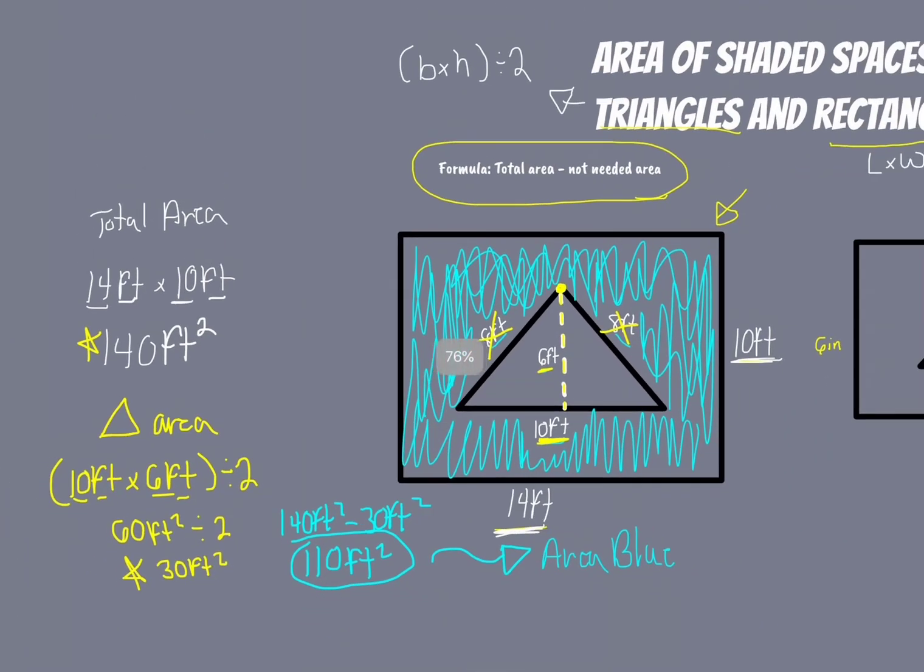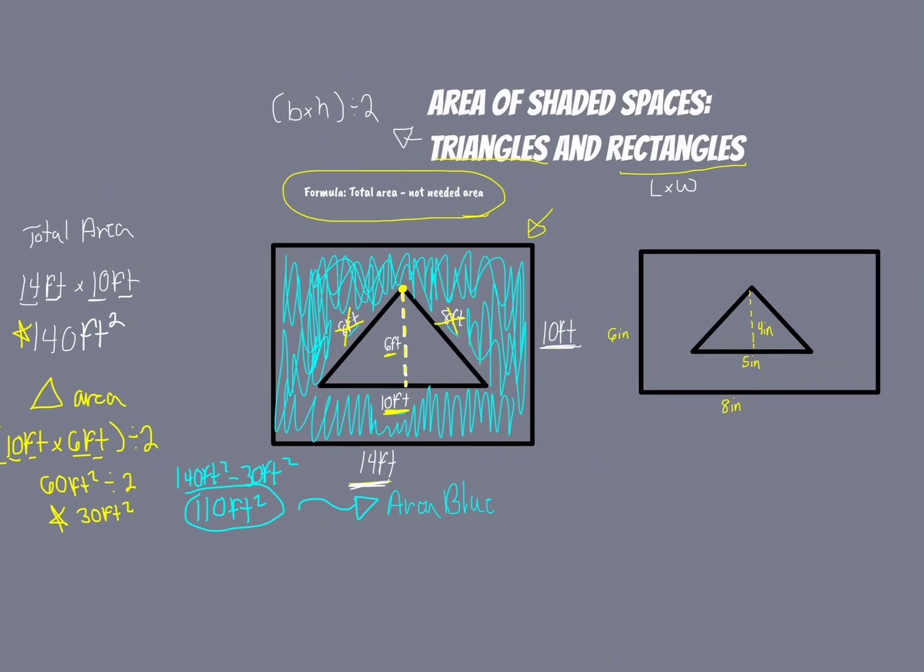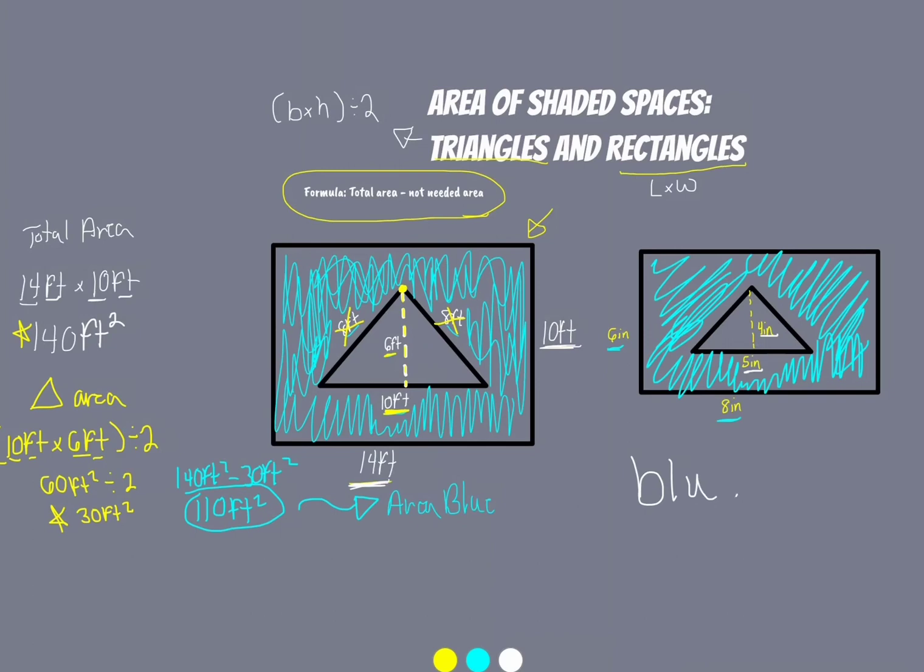So what you are going to do is you're going to take all this information and you're going to see if you can find the area of the blue on this shape. The rectangle, you'd find the area by multiplying the length times the width. The length is 8, the width is 6. And to find the area of the triangle, all this on the inside, you would multiply the base times the height and subtract those two numbers at the end. So I want you to try to figure out the blue area